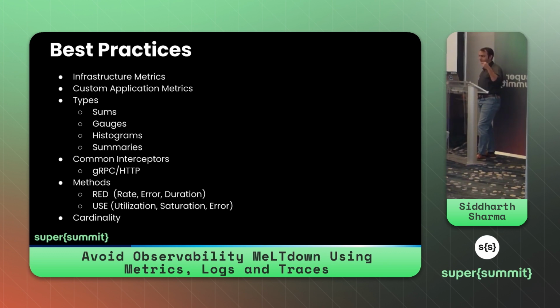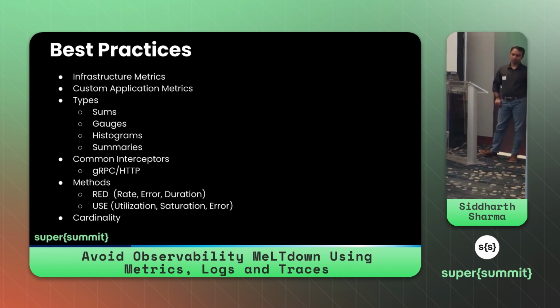So, the number of dimensions and the unique values for each dimension. Let's say that I'm sending a metric of HTTP request count. And over there, I have a dimension called path equal to /get, operation equal to this and this. If the HTTP GET request has a query path, and it can be any custom arbitrary value, that means for every HTTP GET request with a custom query pattern, you are emitting a new metric, right? Eventually that will get stored as a new metric in your time series data.